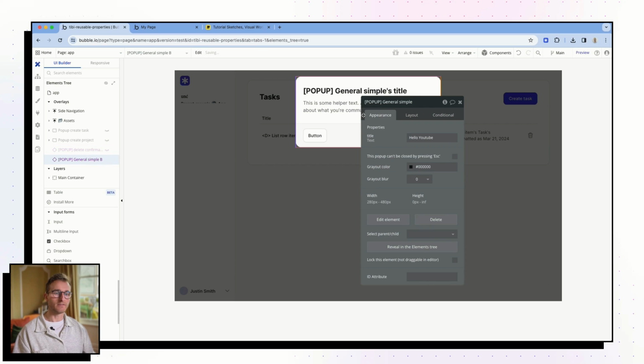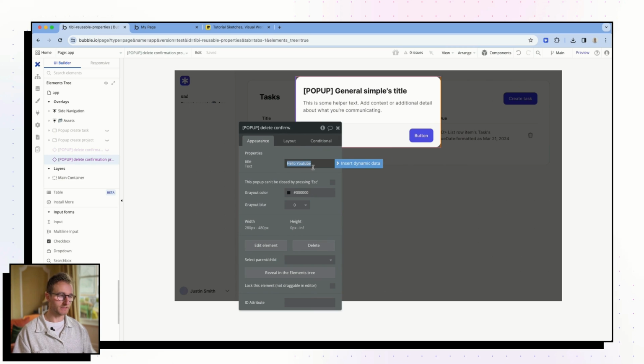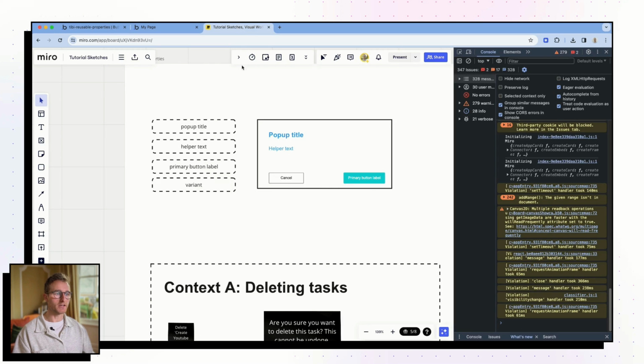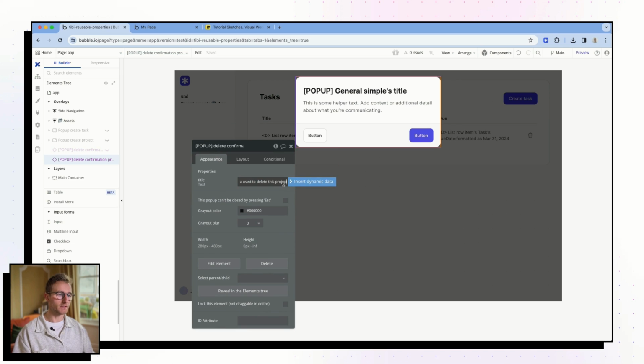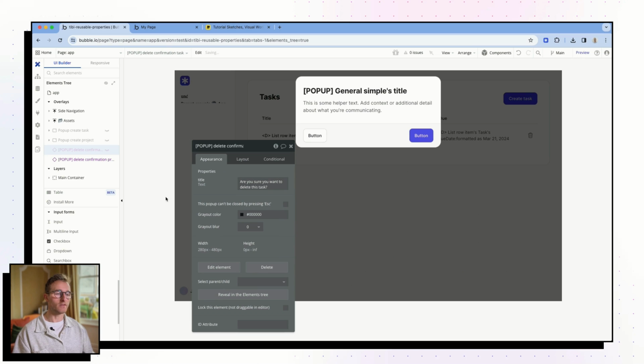If I want another one for my projects, I can just say, are you sure you want to delete this project? That could be the question on the delete confirmation for projects. And then, are you sure you want to delete this task, for the delete confirmation tasks.